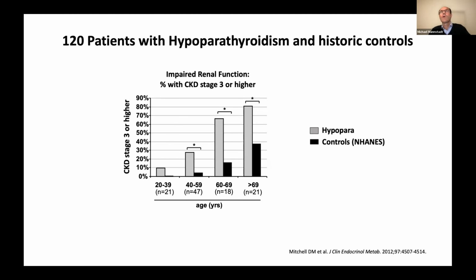So if you just hear, well, this group of people have 40% CKD, well, it sounds high. But really, you need to know a few other things. And so now you look at the gray bars here. These are these 120 patients with hypoparathyroidism at Mass General and Brigham. And you see here, despite the fact that there is a high percentage already at base, without hypoparathyroidism, it's way higher in patients with hypoparathyroidism. Remember, this was the study, if I just go back, that had the highest percentage here, right?